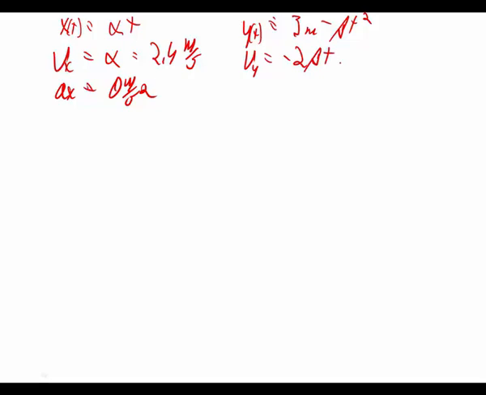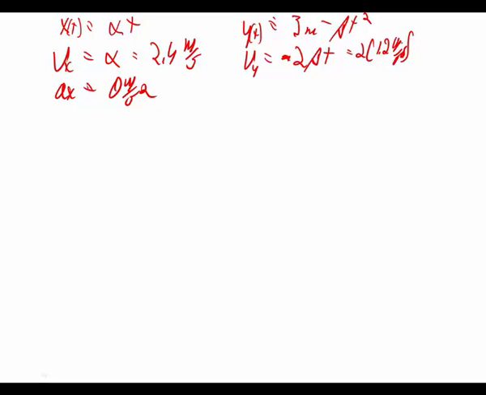So is velocity constant here? No, because there's a t. It's changing with time. And so you just do what? That's going to be equal to negative 2 times 1.2 meters per second squared times